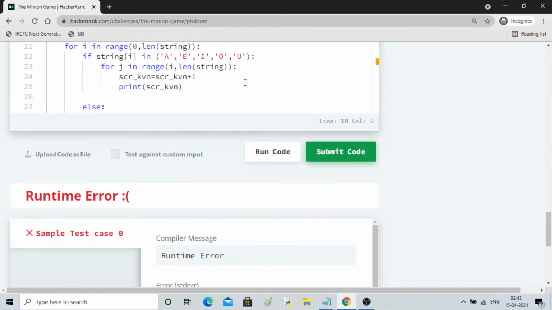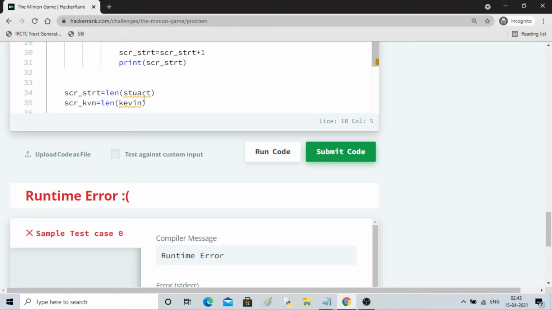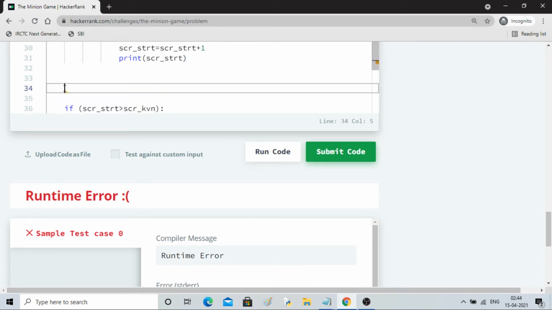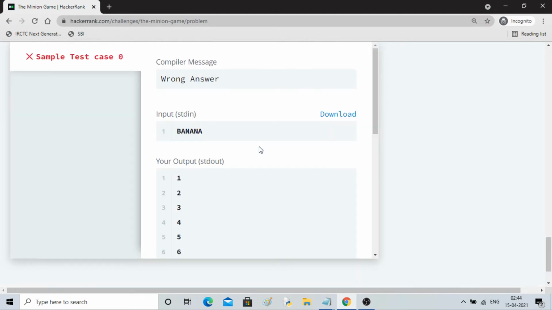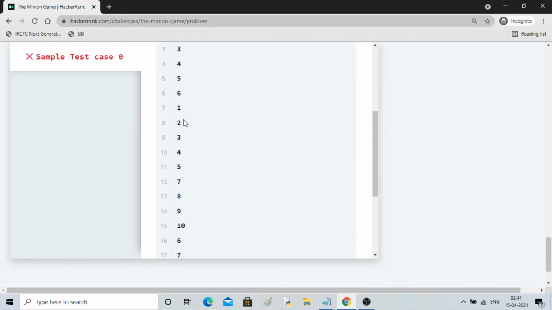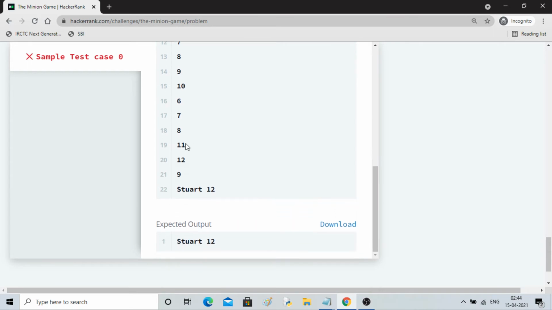okay, so this is something we don't want, right? Stuart and Kevin is not defined. Every iteration I am just taking the values, so alternately they are increasing, right? So finally we are having 9 and 12. You can see that.